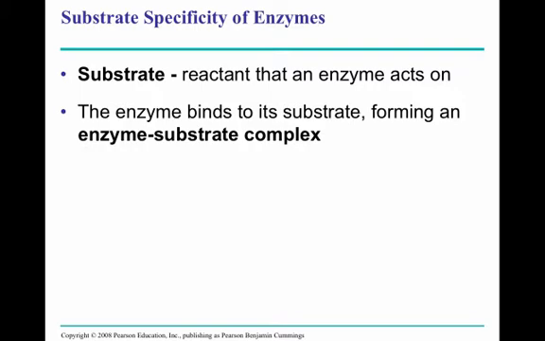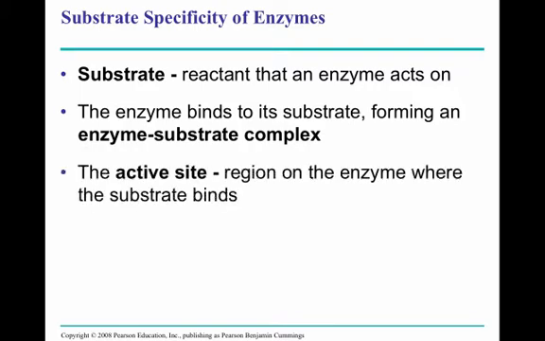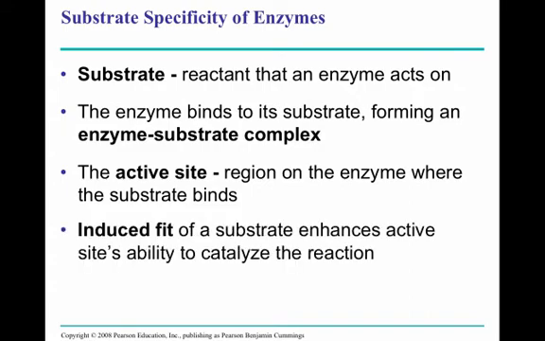Okay, so when the enzyme binds to its substrate, you get something called the enzyme-substrate complex, and that simply lets us know that we have an enzyme-catalyzed reaction going on. The active site is the location on the enzyme, and remember, enzymes are proteins, so in that complex three-dimensional structure, you have a groove or a hollowed-out area, a location on the enzyme where the substrate will bind. And it's only there that our substrate will bind, and that active site is specific for the substrate. Not any substrate can bind to that particular active site, only the one that that enzyme works